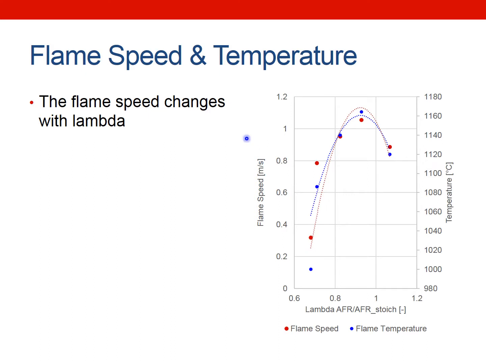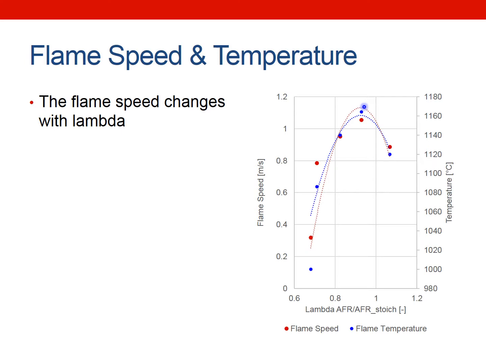This plot shows the variation of flame speed and how that changes with lambda. It also shows temperature as well. So we can see here lambda of 1, if you remember, that's our stoichiometric ratio, and if we have a lambda less than 1, it's fuel rich, and if we have a lambda greater than 1, then it's fuel lean. You can see that the flame speed and temperature have the same curve. You have this sort of parabolic shape where you've got a peak flame temperature and a peak flame